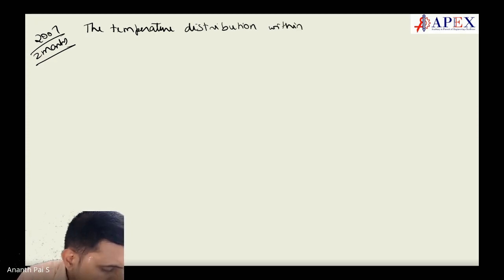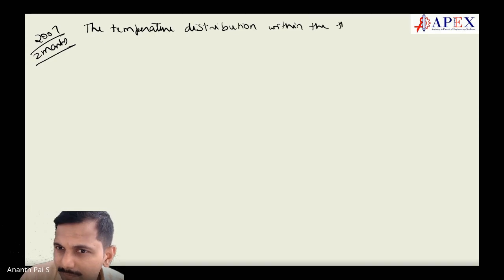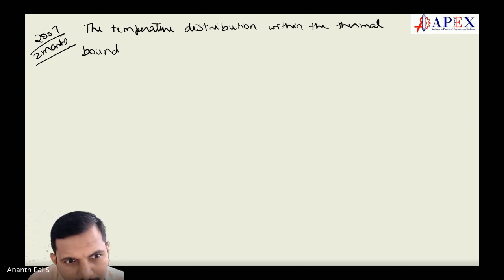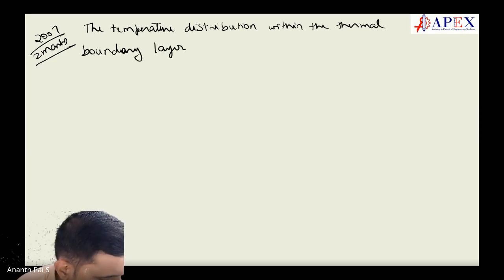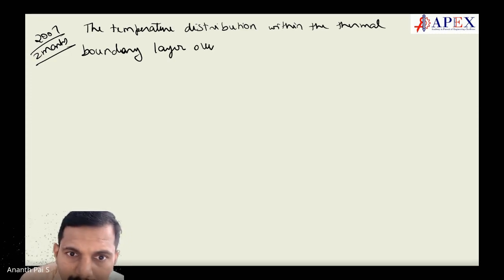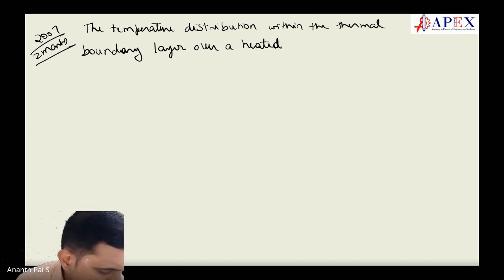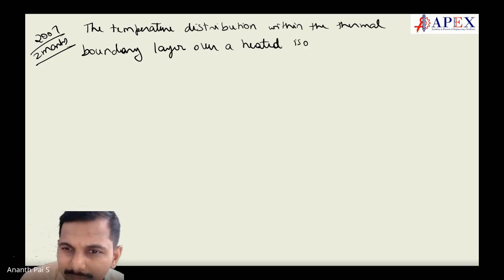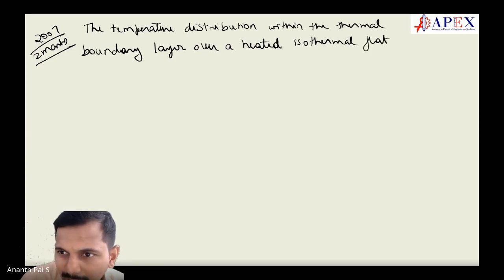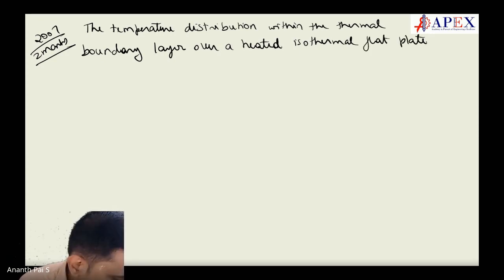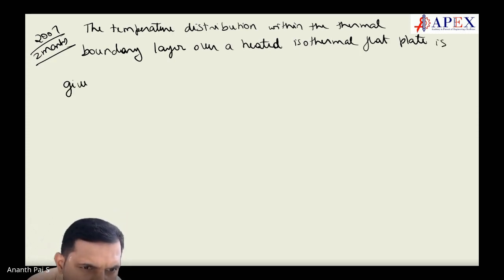within the thermal boundary layer over a heated isothermal flat plate is given by